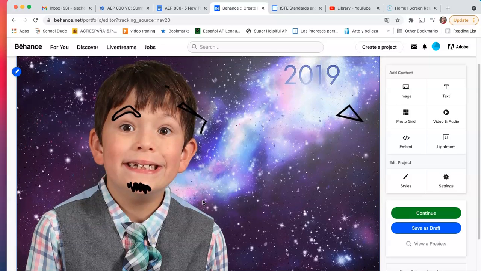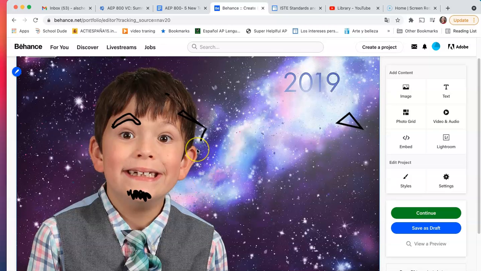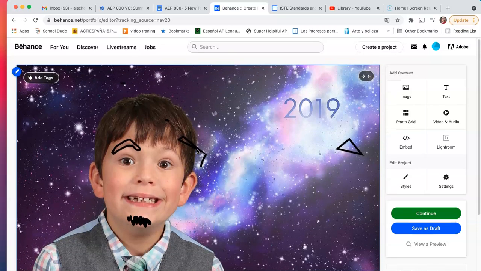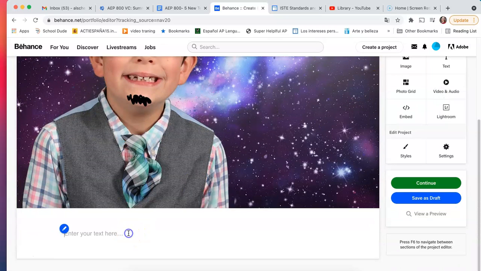If that doesn't just scream second grade picture, I don't know what does. It looks like my daughter got in here and actually made some designs of her own on this. But there are other things that I can do. If I want to add a tag to it, I can. If I want to add text to this, I can enter my text down here. Robert